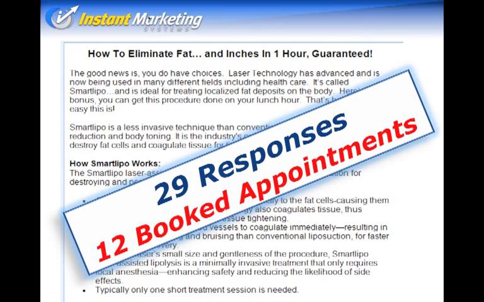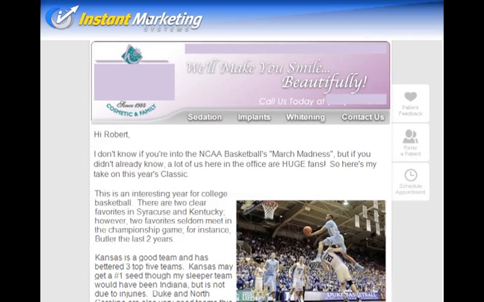This is a conversion technique. This is an email marketing conversion system. And did we send out one email? The one in this sequence was a multiple step email. And that's what you have to do, create multiple steps for your email marketing. Now, this one we tied into March Madness, because March Madness is a tremendous event. And people are talking about it all the time.